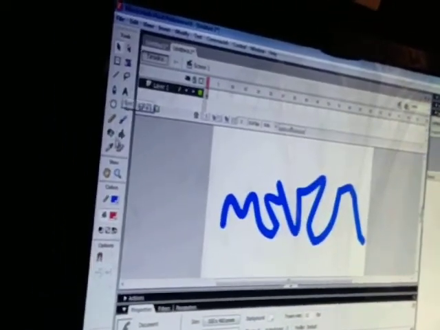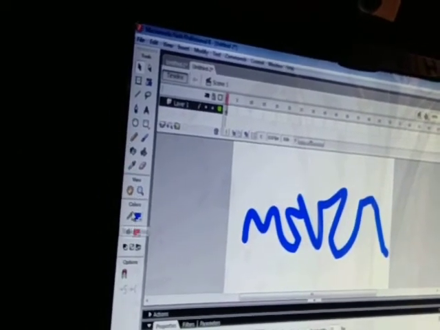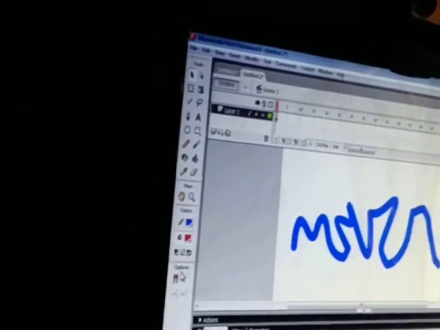So there are 4 sections of option tool. First one is the drawing, painting tool. Second one is the view section. Third one is the color, and the next one is the option tool. Okay, now